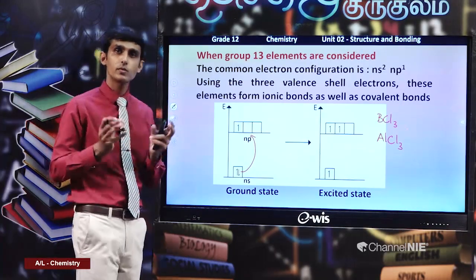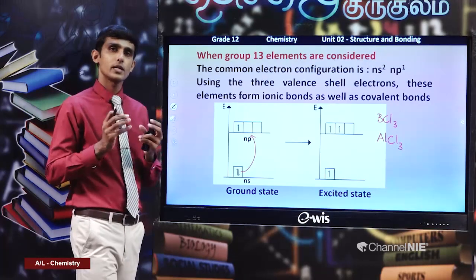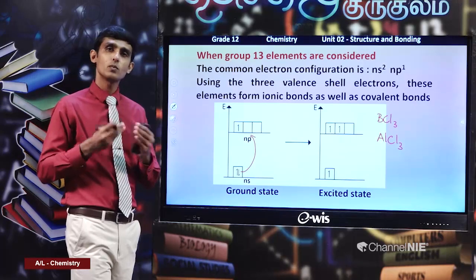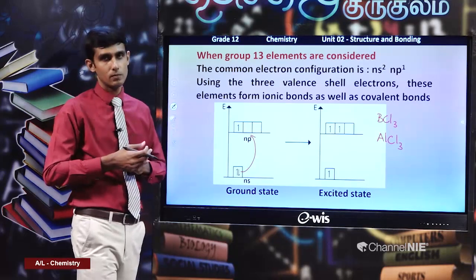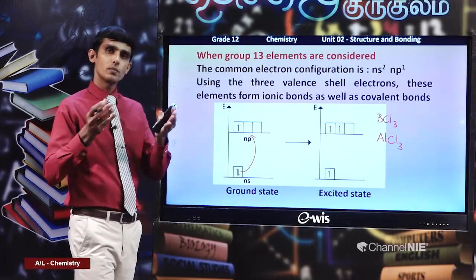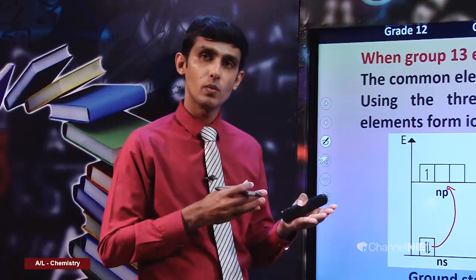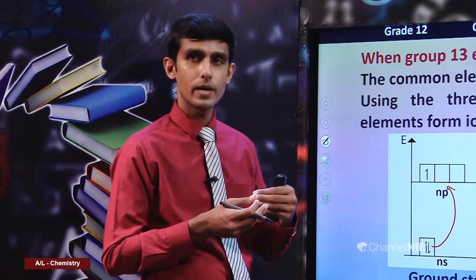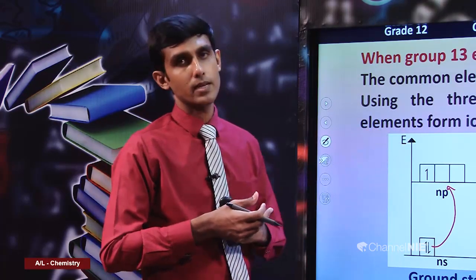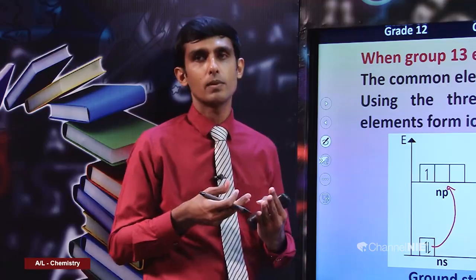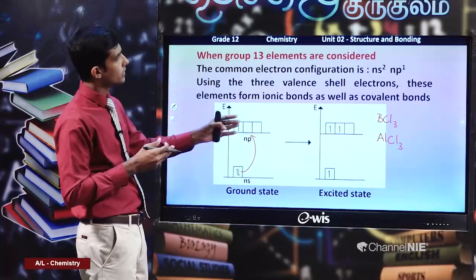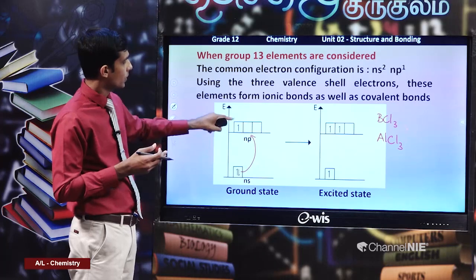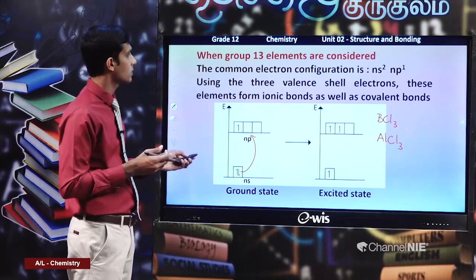So in such situations, the element tends to get stabilized further by forming more bonds after formation of that particular molecule. That is the point where we discussed dative covalent bonding. Now these kinds of molecules tend to accept electron pairs to form more bonds in order to achieve the electron octet. But basically they can form 3 covalent bonds by expanding the number of unpaired orbitals of the atom.